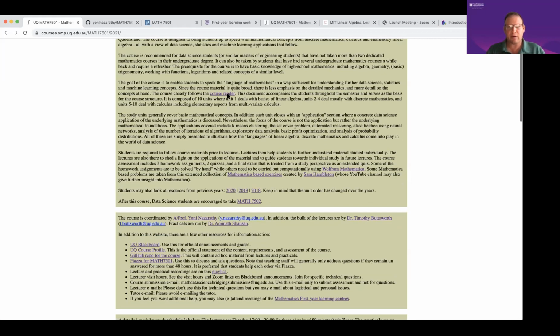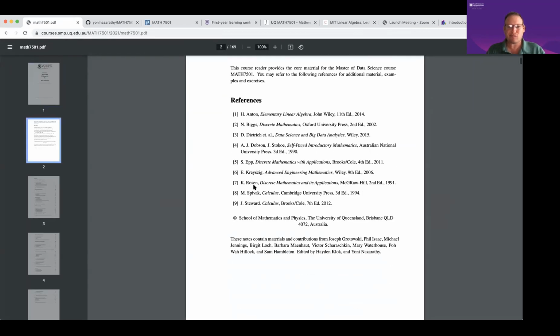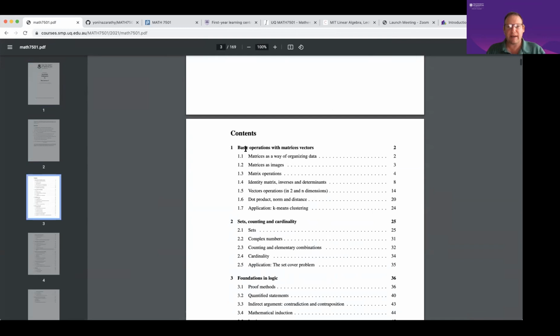Now, speaking about connections, what you'll see in the course reader is that for every unit, we also present an application. In terms of a bridging course, this is really a mathematics course. It's a course about the language of mathematics. It's not a data science course that we're doing now. That's, by the way, different from